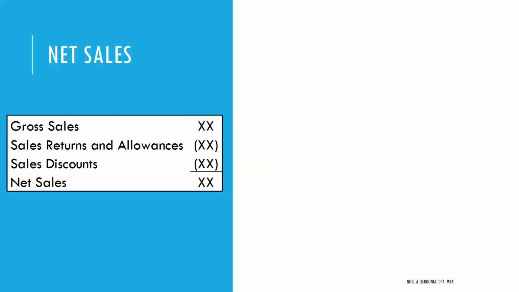Okay, so let's start with the net sales. So yung net sales natin kanina, that's the starting point of our income statement for merchandising business. And as you have seen here in the screen, we have the various items under the computation of net sales. So we will start with the gross sales, less any sales returns and allowances, less any sales discounts, and that would be equal to our net sales.